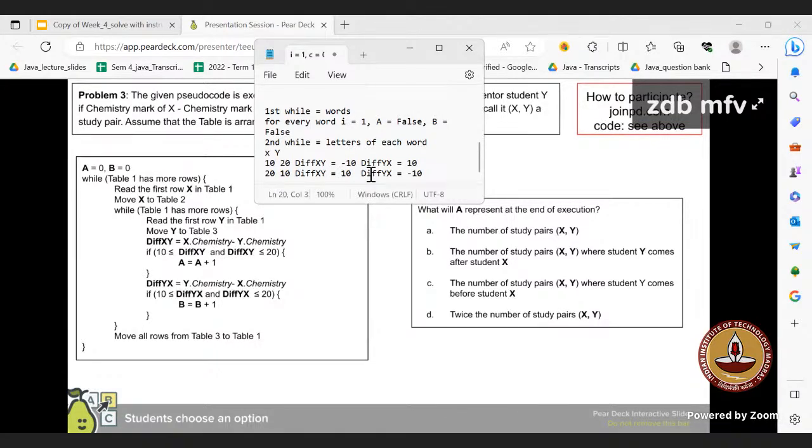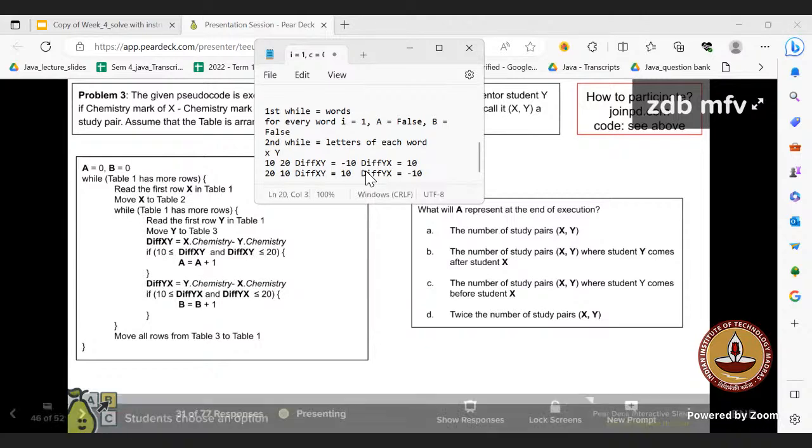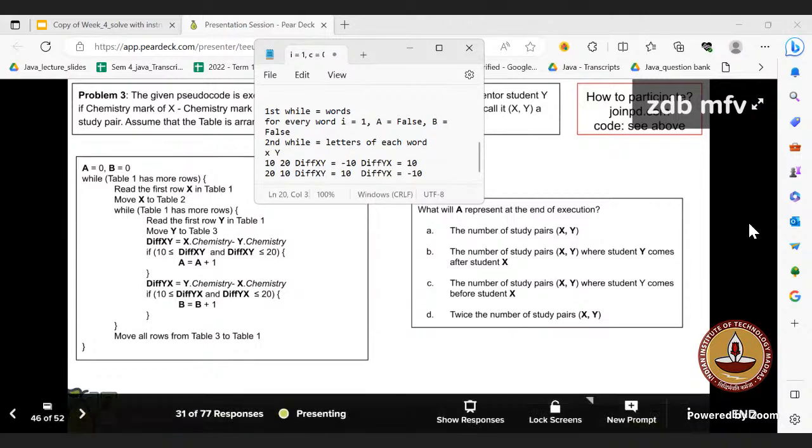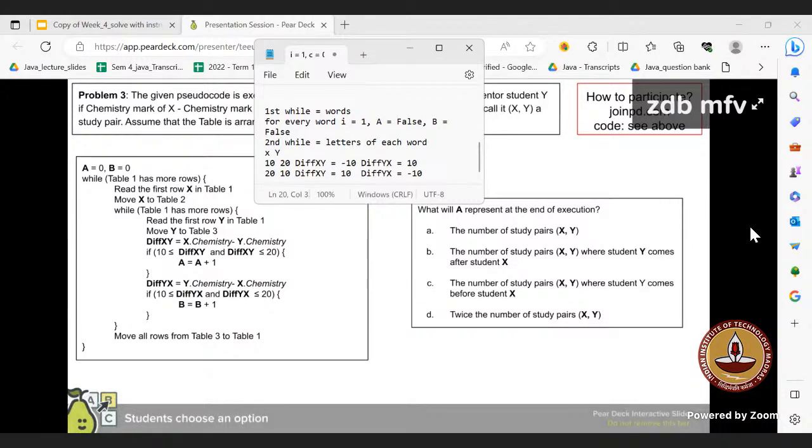Why? Because ma'am, the answer will become negative. No, we are not checking the difference actually. We are not looking at x and y values. We are just checking the sequence number. So if x is coming,